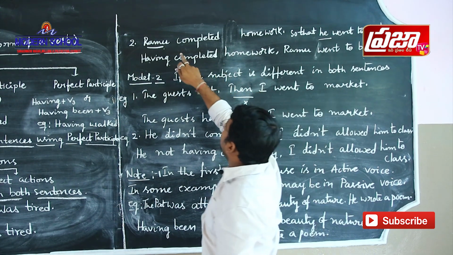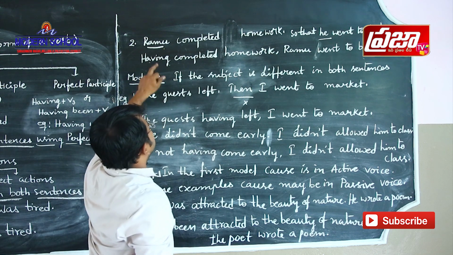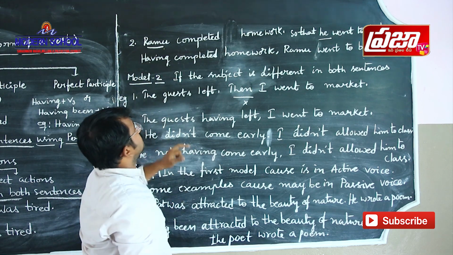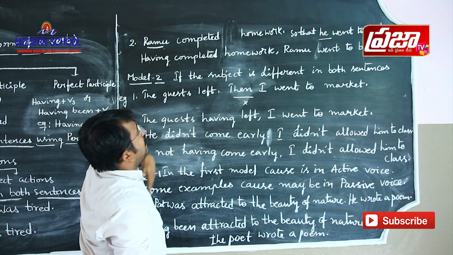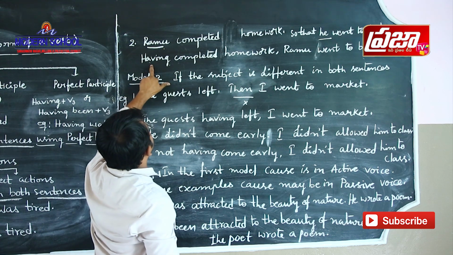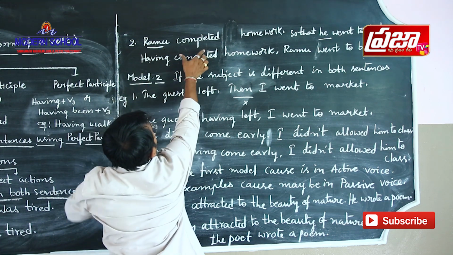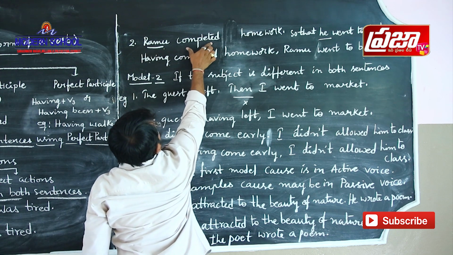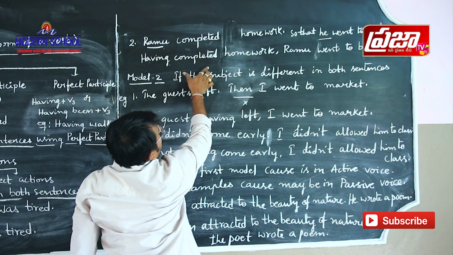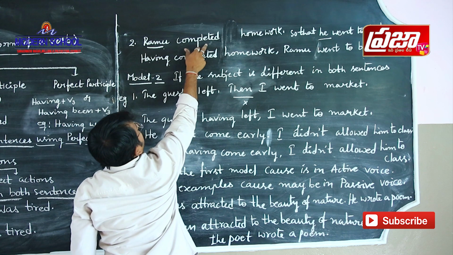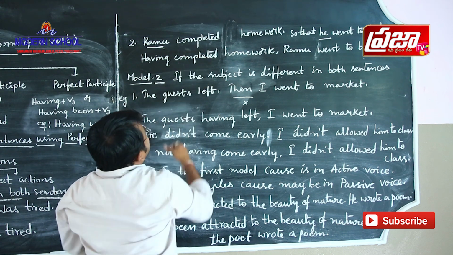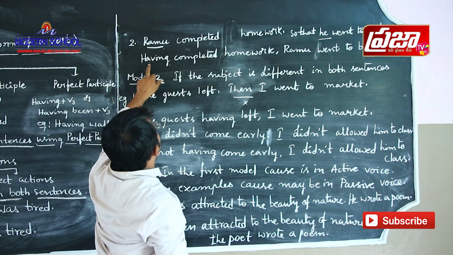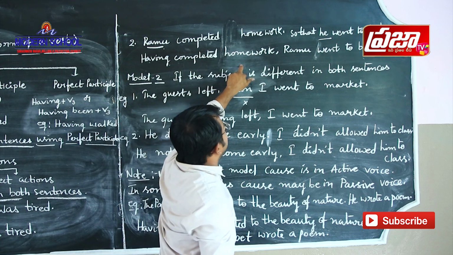So in both sentences the subject is similar. If such is the case, how to combine? See, having, and here completed is a verb. We have to write the V3 form of this completed. V3 form of completed is none other than completed only. So having completed homework,